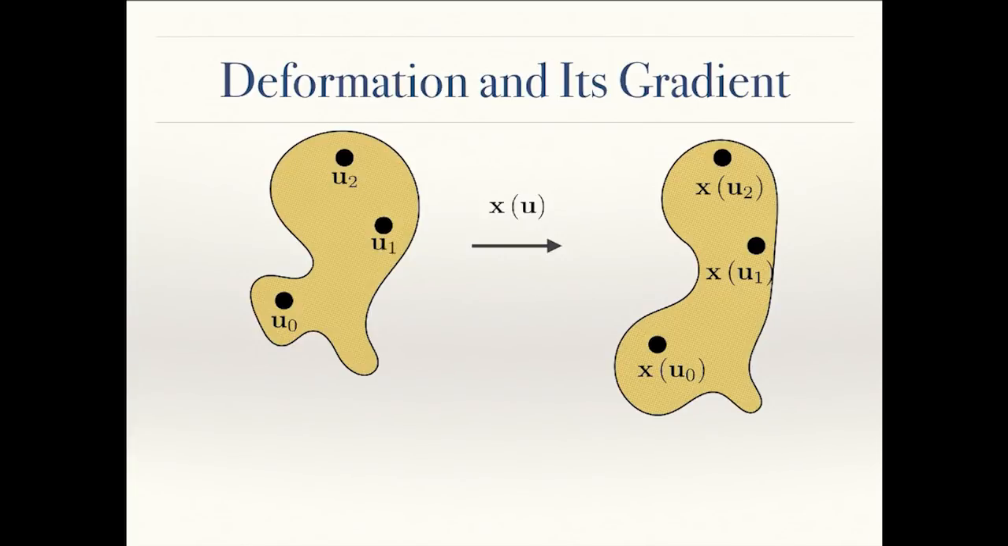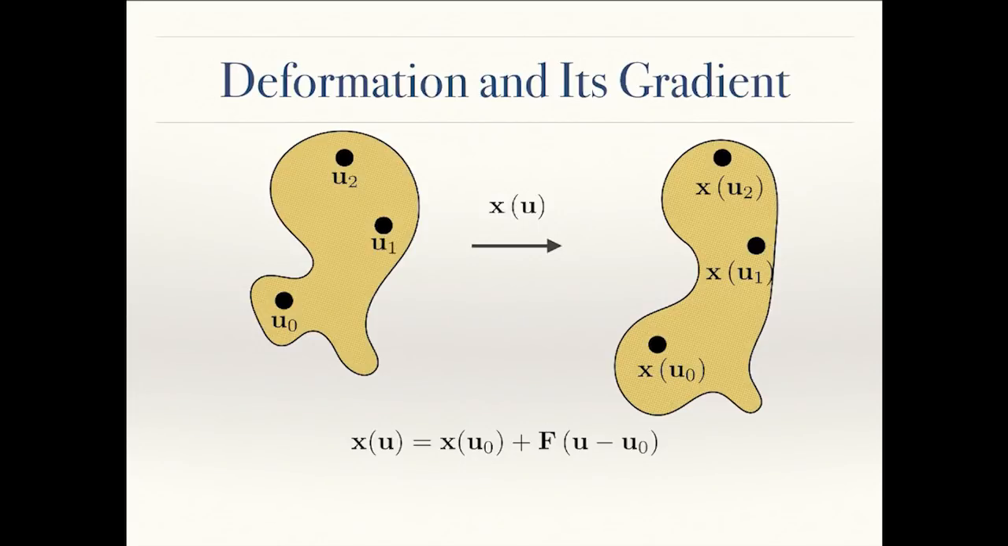Okay, so let's look at deformation and its gradient. So we have some soft body here on the left, and then we have its deformed configuration on the right. And so there's some function x of u that takes points u and maps them to points on the right, x of u. So we can actually express this function if we linearize around any point u0. We can say that x of u is equal to x of u0 plus some linear function f of u